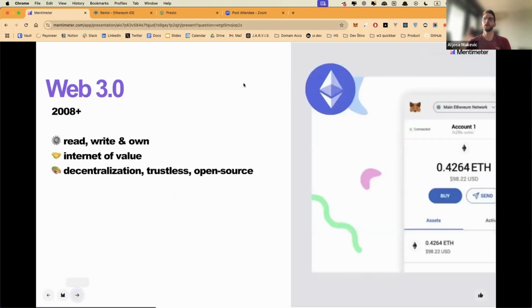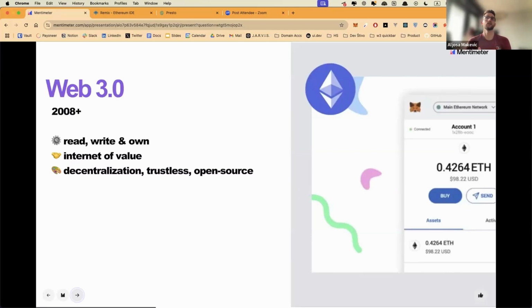So the main idea of Web3, let's say the wave started around 2008 and after, is read, write, and own. The main point of Web3 is for users to be in control of their data and to own their data. That way, monopolies don't have the power to do with your data whatever they want.